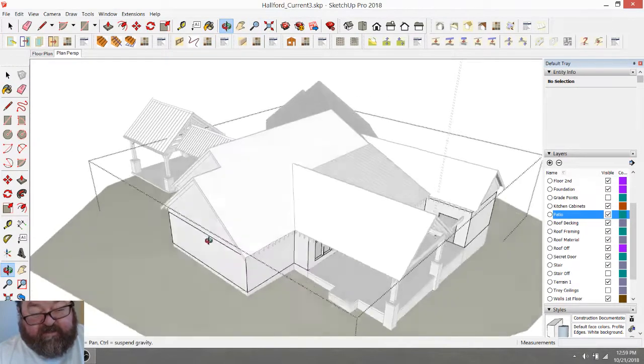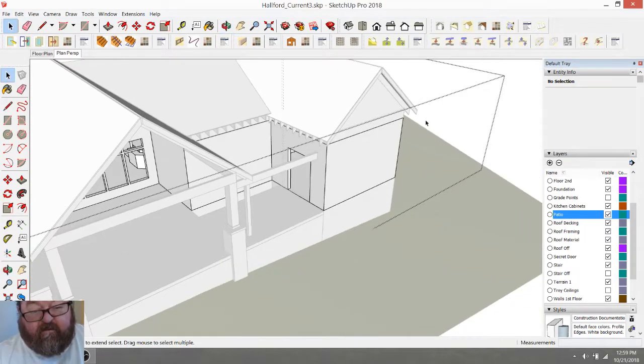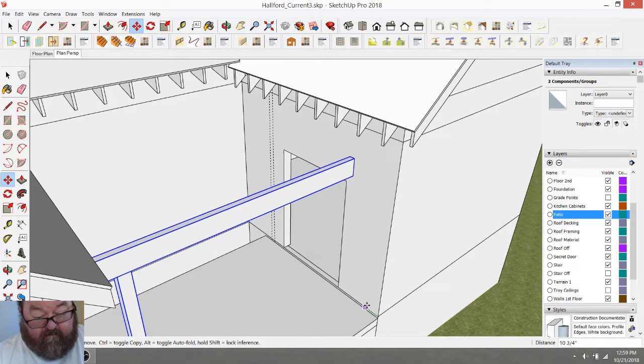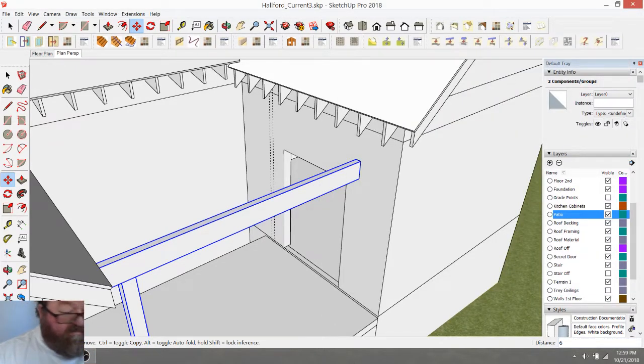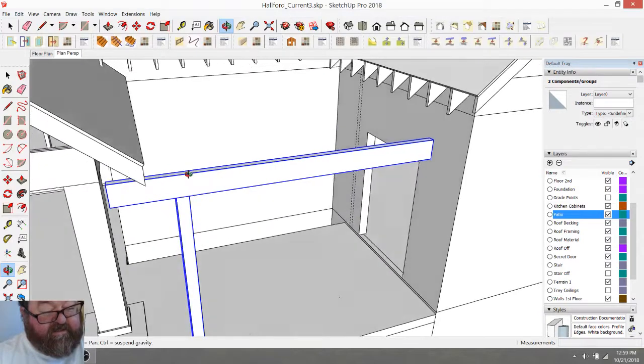Sometimes you get trapped inside your own CAD work. Then I can move this and this over 6 inches. Oh, black screen. Those black screens are what's been giving me troubles. As a matter of fact, I'm going to go ahead and make this beam